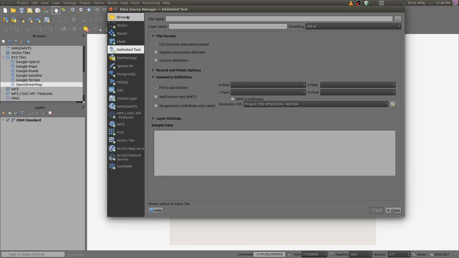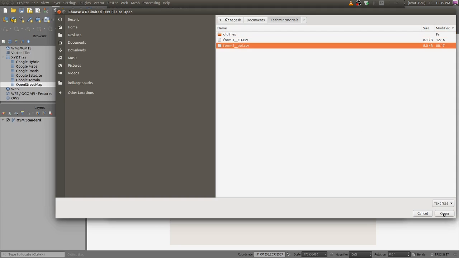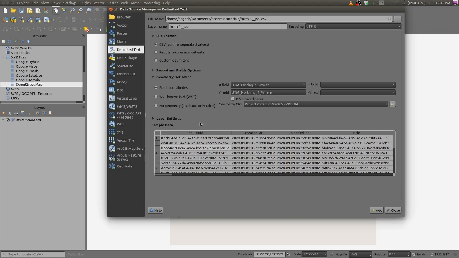Here on this side you have to take Delimited Text. Our file is in CSV format. CSV format is nothing but comma separated value format. So let us go to that particular folder where we have saved that file. This is the form1 CSV file. Let us open that, and it will be showing the contents of the file here. In geometry definition the point coordinates are x field and y field.